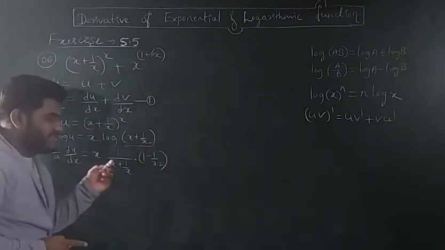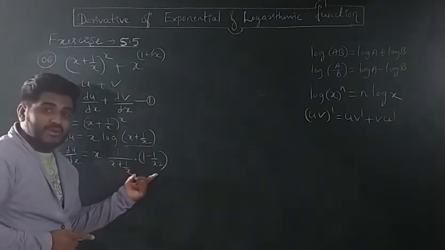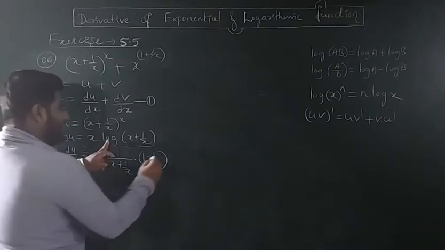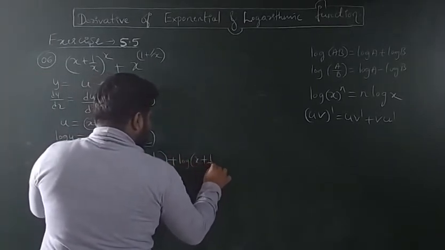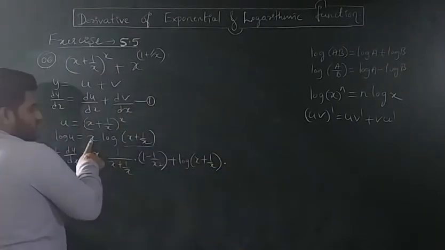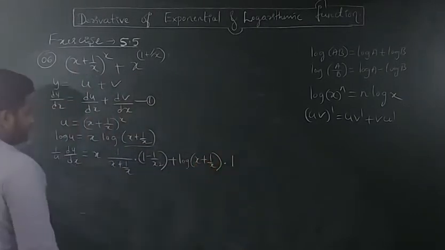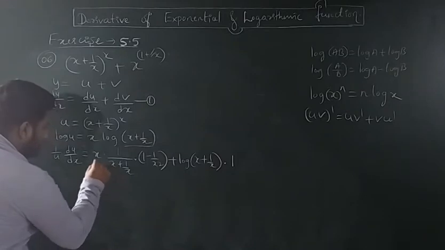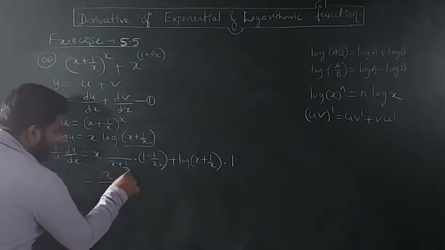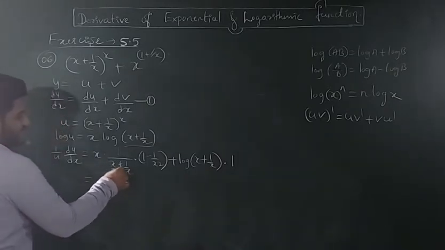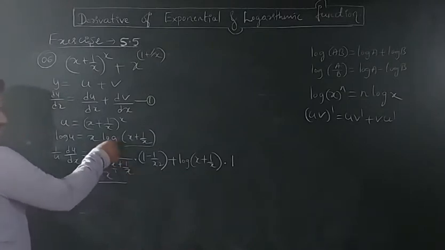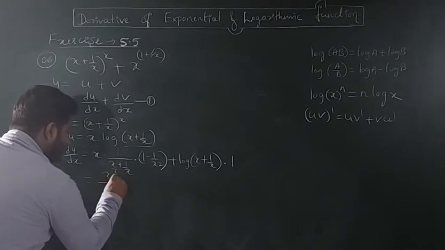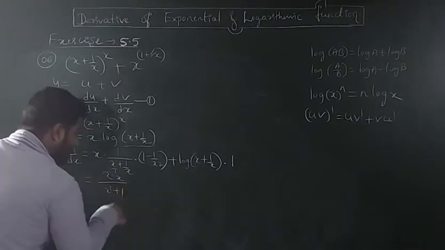So first function as it is, differentiation of second function is over. Now second function as it is, plus log of x plus 1 by x as it is, and now differentiation of x is 1. Now simplifying the terms. So here x is there, keep as it is. The LCM becomes x here. x into x, x square plus 1 divided by x. So that x comes to the numerator. So x into x divided by x square plus 1 we are having.